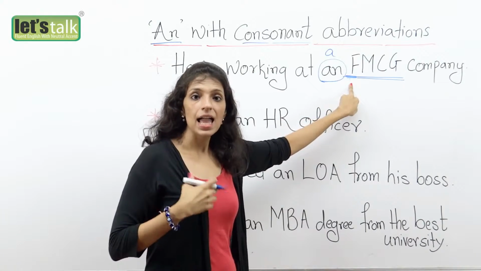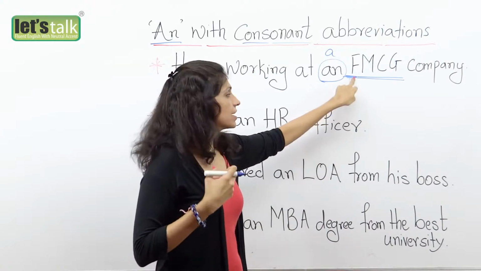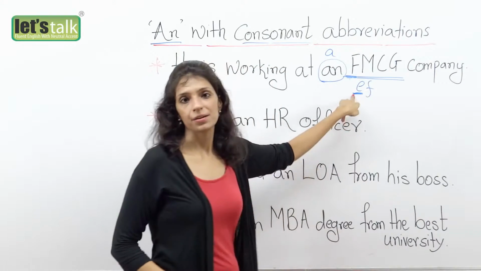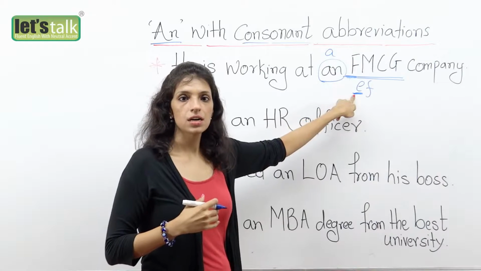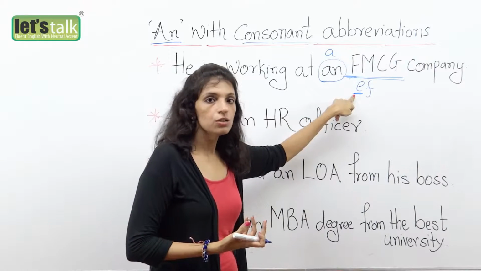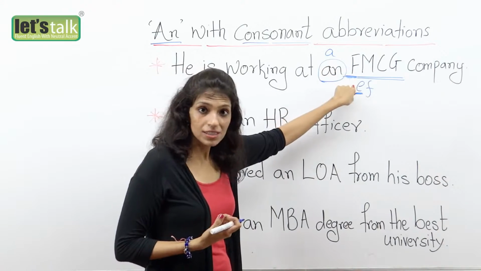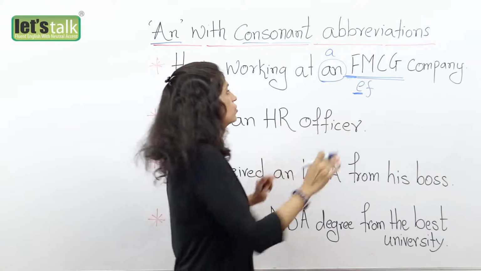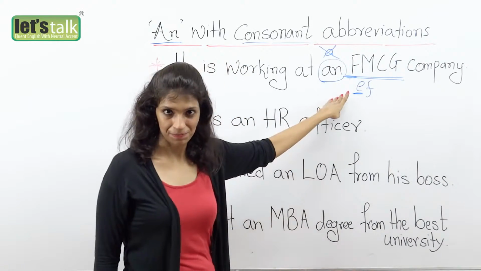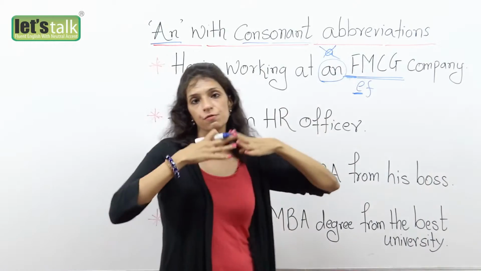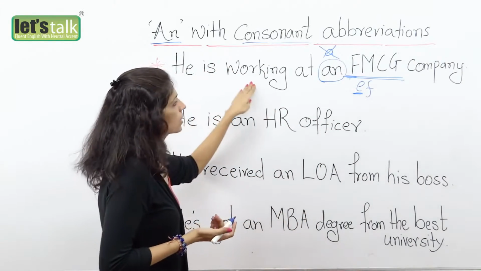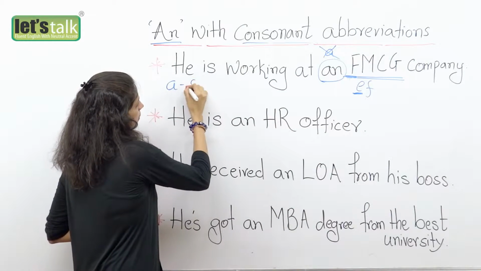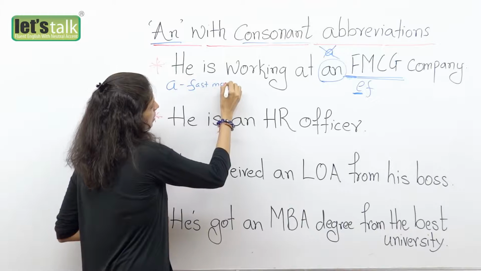Well, if you say F, the letter F, it has a vowel sound, E. So you cannot say a FMCG, you say an FMCG, because it's got a vowel sound, though it is a consonant. So you use an. But if you say the full form, you say he is working at a fast moving